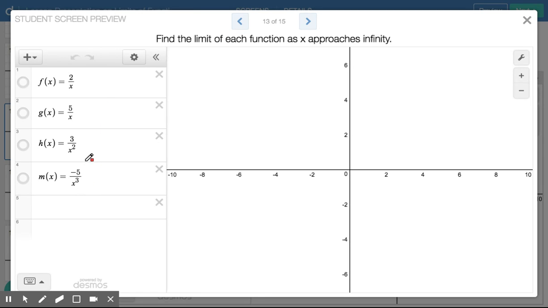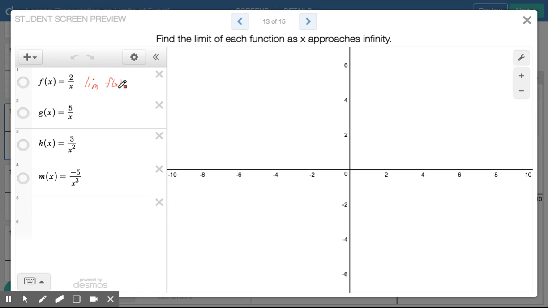So if we want to find the limit of these functions as x approaches infinity, we are going to make the denominator extremely large. And what happens when we divide a constant by an extremely large number? The answer is very, very close to zero. So keeping that in mind, we know now that the limit